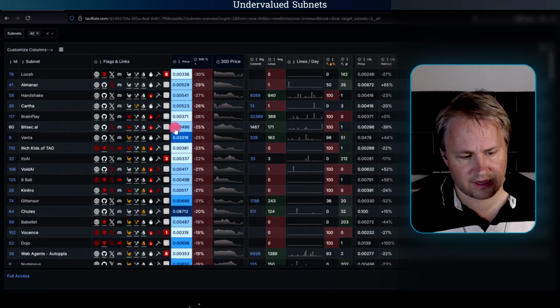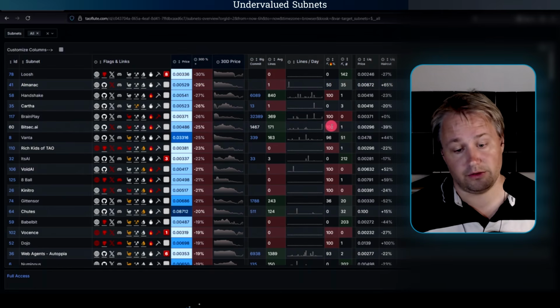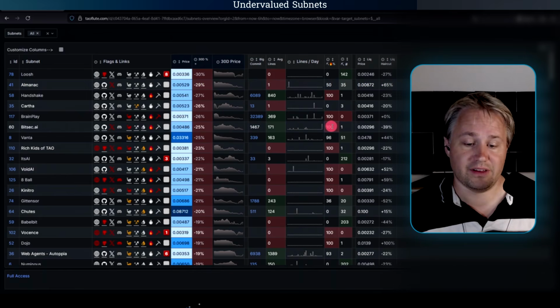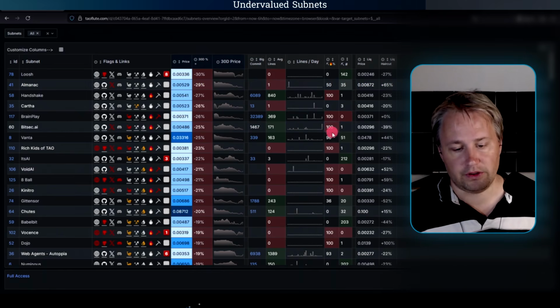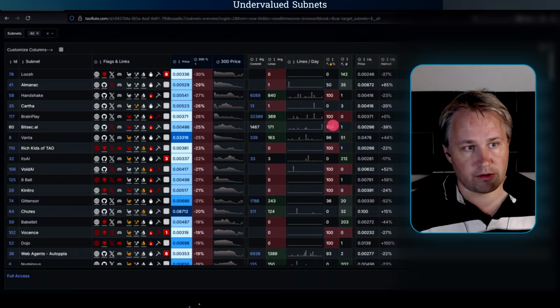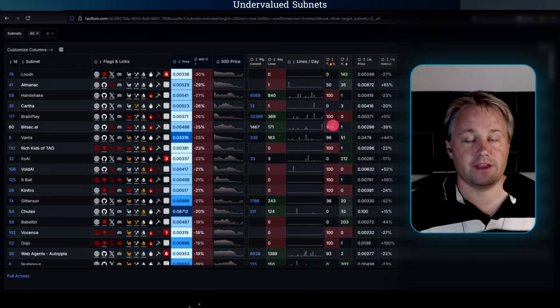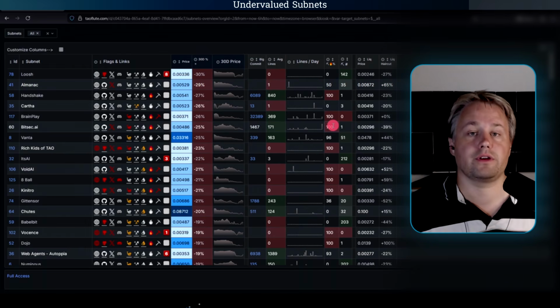So this one is kind of appealing to me, and they have been still working on the subnet, although they do have the 100% miner burn on here, meaning that no miners are getting emissions. If this is a temporary thing, they just put it on today, that's reasonable. They're protecting their subnet price, making less sell pressure than there would be if miners were getting rewarded and then